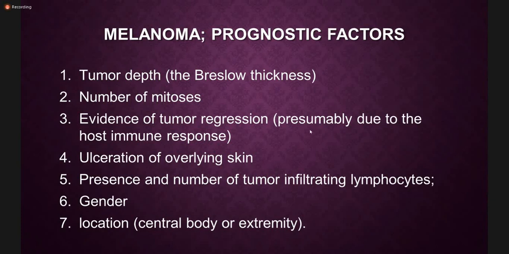Then tumor regression. Tumor regression, presumably due to host immune response, represents a better prognosis, but some studies say that it may have a poor prognosis. Ulceration of the overlying skin has a poor prognosis. Then the presence of tumor infiltrating lymphocytes. Again, studies suggest variable results. Some say that tumor infiltrating lymphocytes are good, whereas other studies say that they help in metastasis and may be a poor prognostic